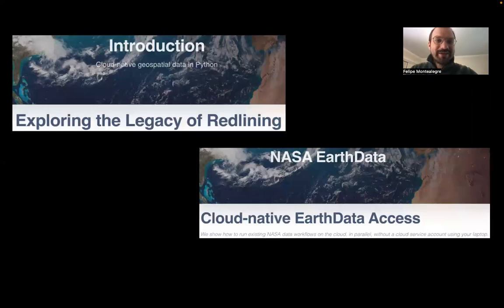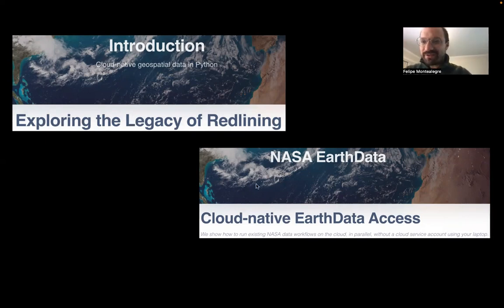Right now we have two tutorials that we've developed, and we're developing a few more. The first one we developed was on exploring the legacy of redlining in access to green space, which is a very well known phenomenon that I'll go into in the next slide.